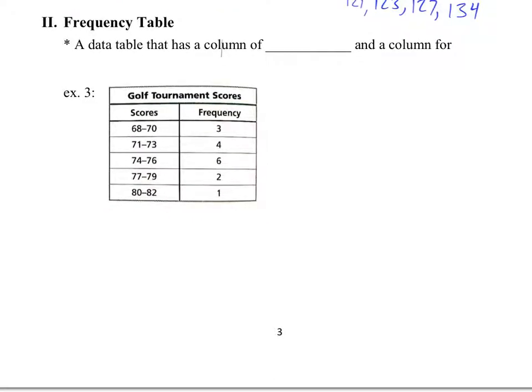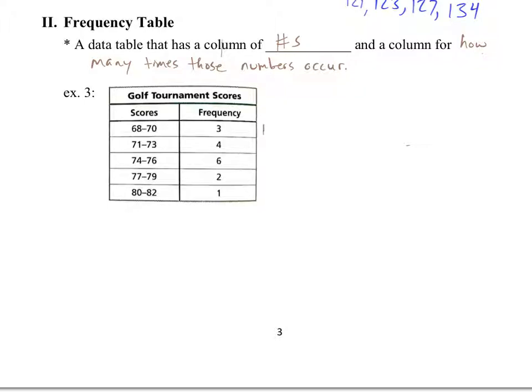Frequency table. Just need to do notes. Right. So a frequency table is really just a data table, but it's a data table that has a column of numbers and a column for how many times those numbers occur. And sometimes you'll see a frequency table where they'll actually put in hash